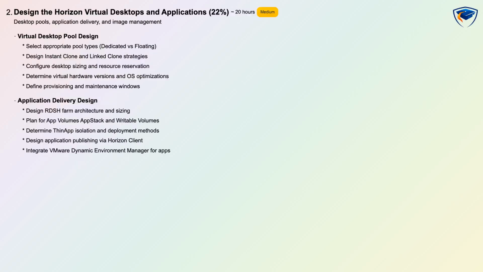Design the Horizon virtual desktops and applications accounts for 22%, is medium difficulty, and requires about 20 hours of study with hands-on and conceptual assessment. You will learn virtual desktop pool design by selecting appropriate pool types such as dedicated or floating, designing instant clone and linked clone strategies, sizing desktops and reserving resources, choosing virtual hardware versions and OS optimizations, and defining provisioning and